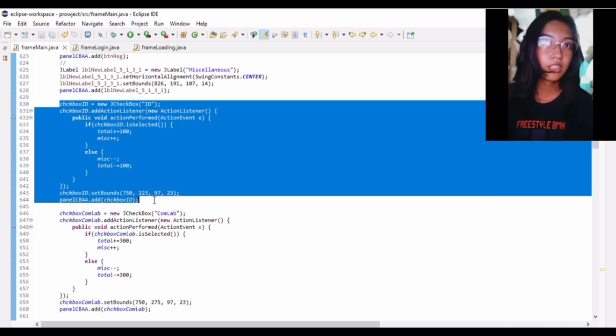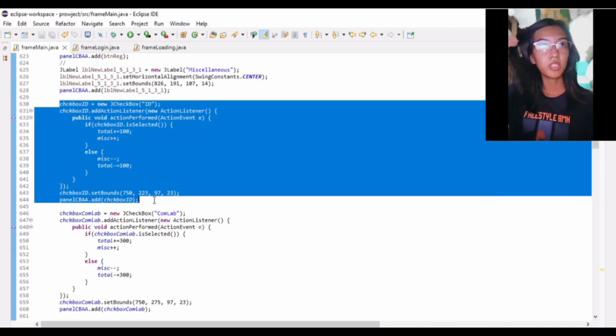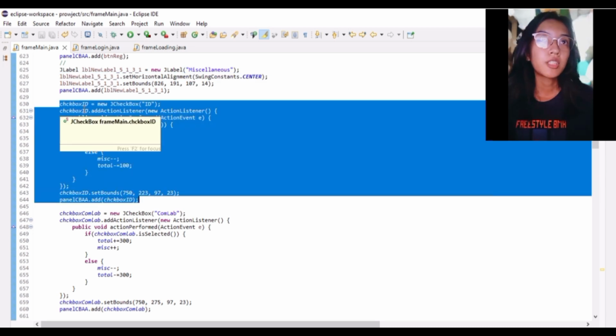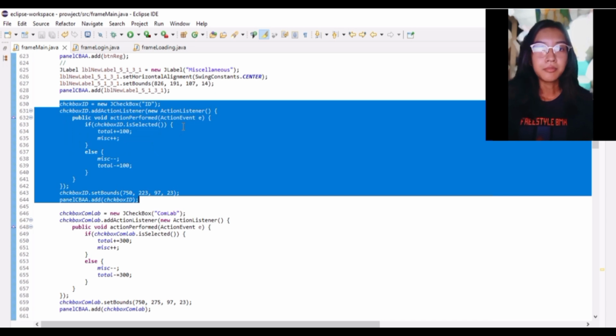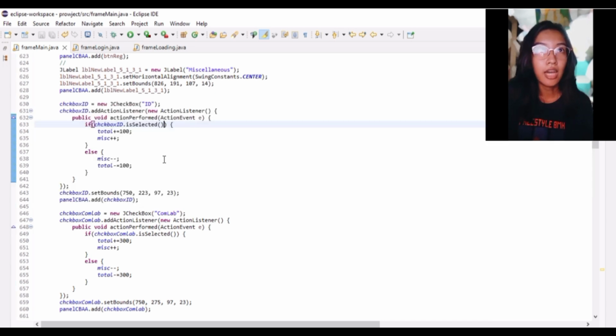Now, here is the first checkbox, ID. This is a JCheckBox labeled ID that has an action listener inside. It has an if-else statement.